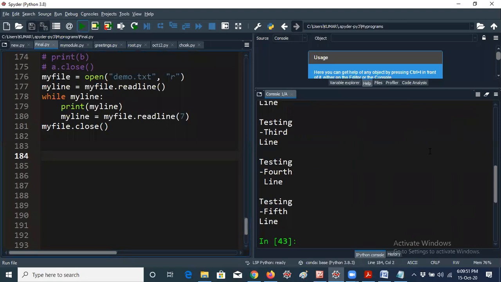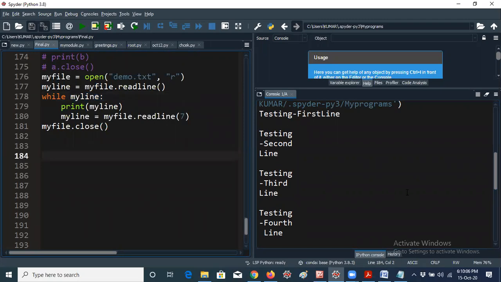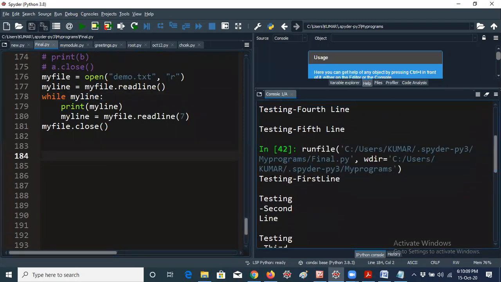Here you can see what will happen. Here testing is printed, but again it will be taken like new lines, like third line, fourth line, fifth line. Why is it taking like that? Can you tell me? Because it is a loop actually. That's the reason I have asked this question. See guys, the first line will be printed entirely because here my line takes the first line, and it is already printed. Then only I am taking 7. That means after that, every string will be taken in 7 characters. That means it will truncate, it will cut all the string into 7 characters, because you are using a loop.